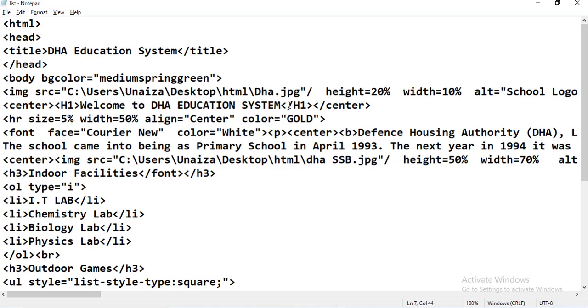And if you observe the order, the tag which opened last is supposed to close first, and the tag which opened first will end last. This is how you are supposed to open and close these tags.